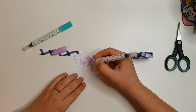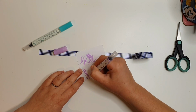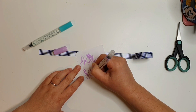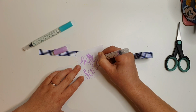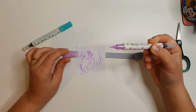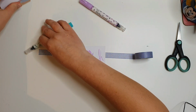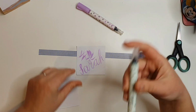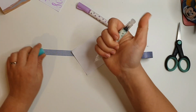That's pretty cool. Now my brush lettering is no good, but too fast. This is my problem with brush lettering, I haven't got the patience. So that's the purple one. They're quite fun. I didn't buy them with anything in mind. I just saw them and thought they'd be fun to play with. Plus they're the right colours. So that's my purple. And then this one,